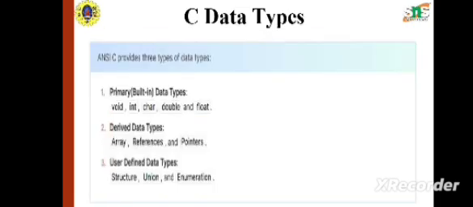So C data types. ANSI C provides three types of data types. One is primary, that is built-in data type, which is going to hold void, int, character, double and float. The second one is derived data types. The derived data types are nothing but the data types which are derived from the primary. So array, references and pointers are called derived data types. Then user defined data types: structure, union and enumeration are called